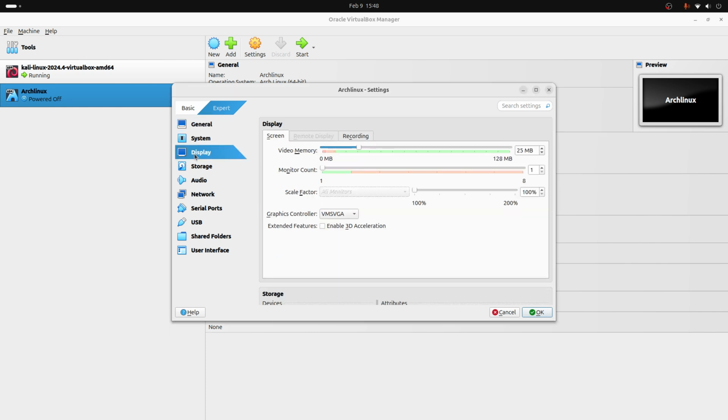Then we go to display, and here the first thing that we will do is set the video memory to its maximum to ensure smooth performance, especially when using graphical user interface based tools like Burp Suite and Wireshark. Then here below we have enable 3D acceleration option, which can improve graphics performance. However, in some cases it may cause issues, so you can enable this option and test it. Now, if enabling it causes crashes, simply disable it while keeping the video memory at a maximum for a smooth